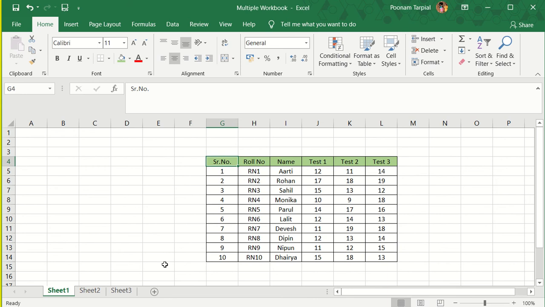Now people, there is another very important factor that I'm going to tell you right now, which you all have to keep in mind when you are going to do the grouping of the worksheets. Please ensure that your content needs to be in the same cells. For example, if I talk about sheet 1, my table is starting from G4.